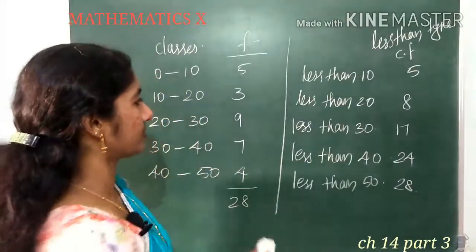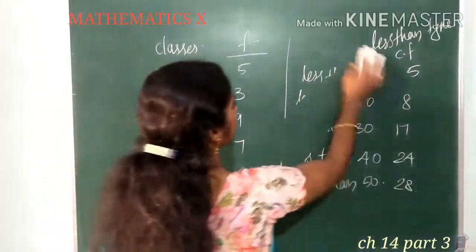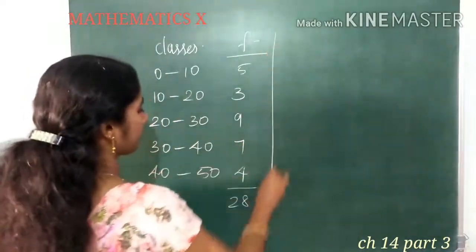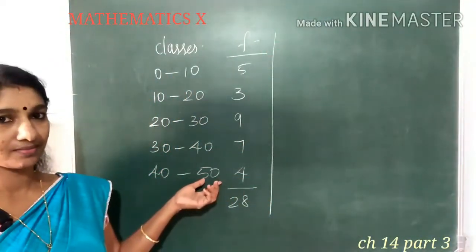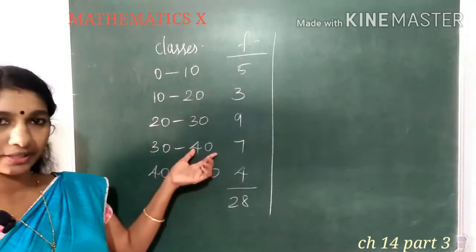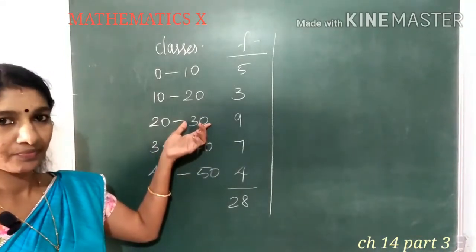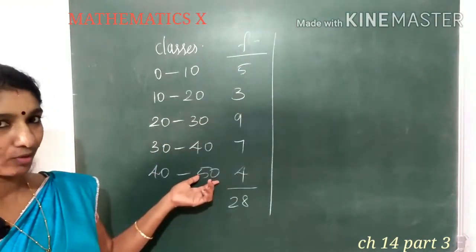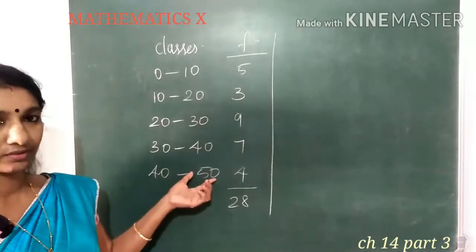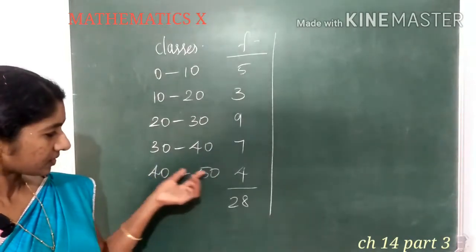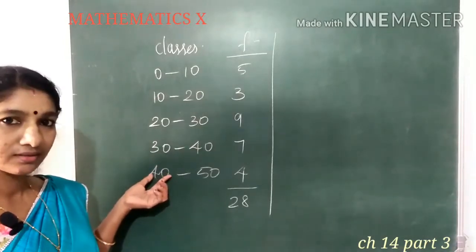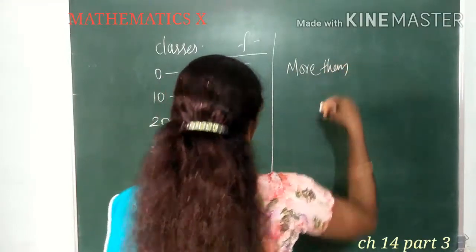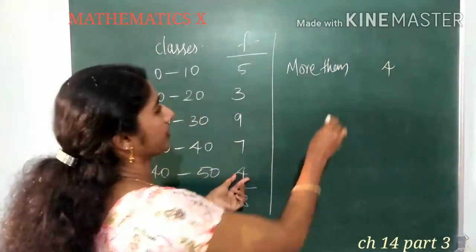And the next one, suppose I told you two types of cumulative frequency are there. Suppose we are first calling those who got more than 50 marks, or those who got more than 40 marks, those who got more than 30 marks. Suppose we are calling in descending order. So here no one will come with more than 50 marks, because their marks are in between 40 to 50. So we can start with more than 40. So more than 40, how many students will come? 4 students. More than 40.